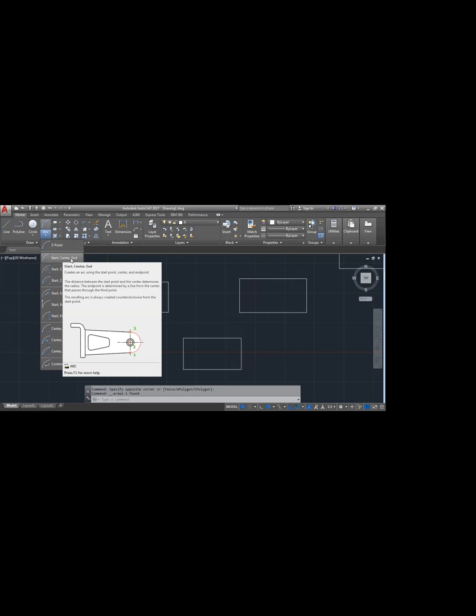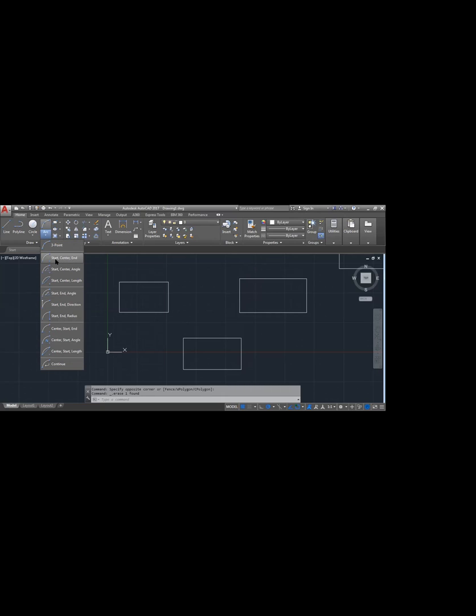Start, center, end. That means first point, center point, and end point of arc we need to select. Got it? Just select that. Start. Center, I am choosing this. And end. If I choose this as end, it will come here as end. Or even I can provide angularity.